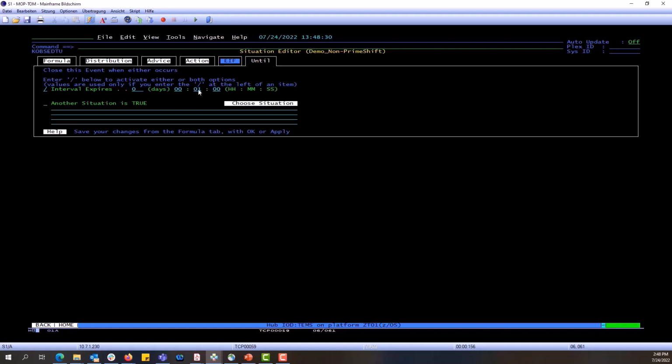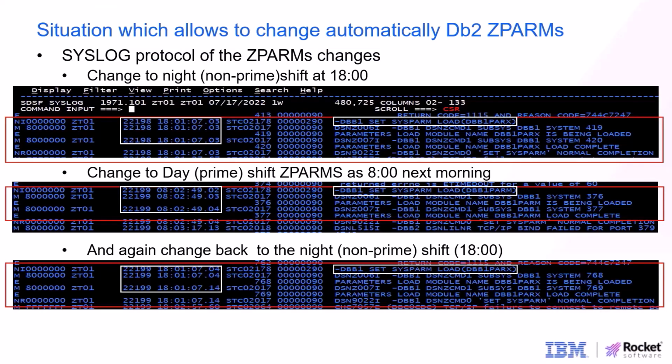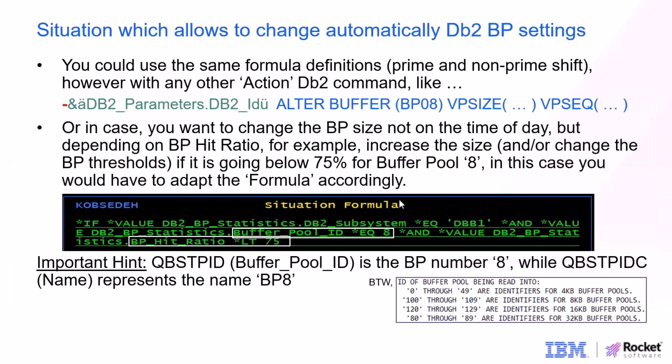Because we don't wait in this demo for the next shift change, I've pasted the syslog with the set_sysparm load command execution into this slide. As you can see, at 6 o'clock, at 8 o'clock in the morning, and again at 6 o'clock in the evening. As I mentioned, instead of running set_sysparm load, you can also define any Db2 command like alter buffer pool, or you use any metric like buffer pool heat ratio in your formula condition to initiate the alter buffer pool